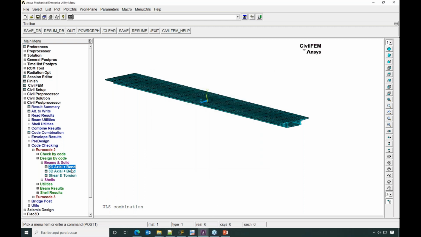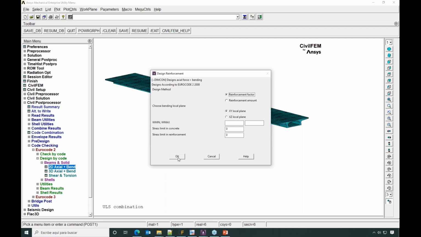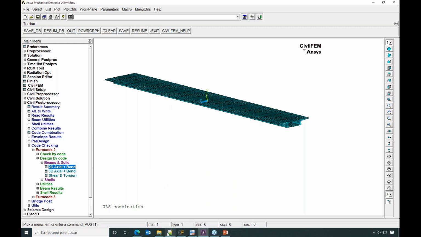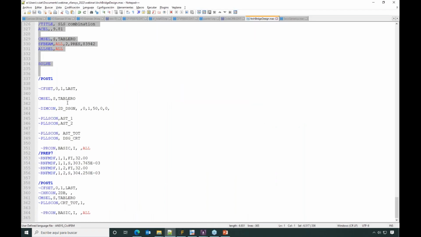So, once I have those options selected, I press OK, and CivilFEM designs the model. Or I can also use the command. You can see the command is very similar to ANSYS commands. This is dimcom, concrete sections dimension, this is for dimension. This is 2D design, it could be 3D design also, if I have, for example, a column with a biaxial bending moment. And if I launch this,